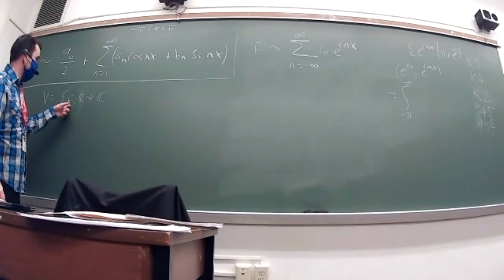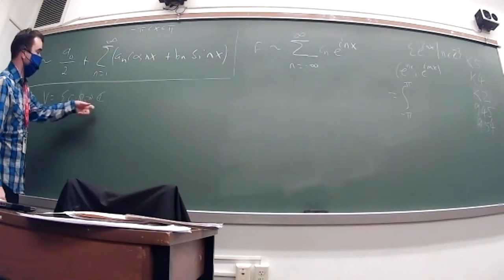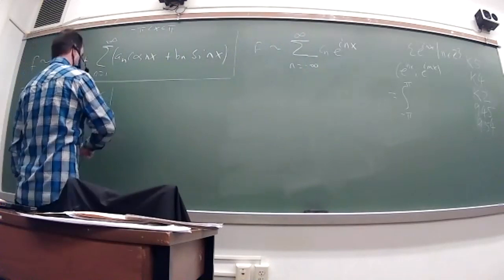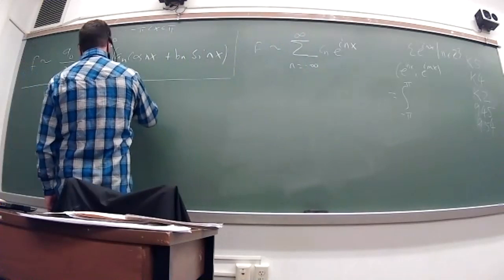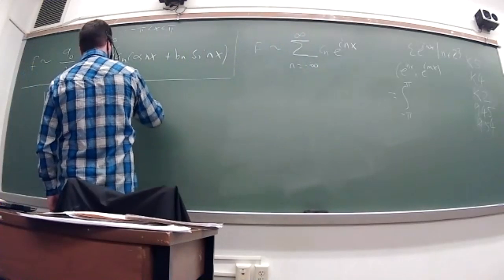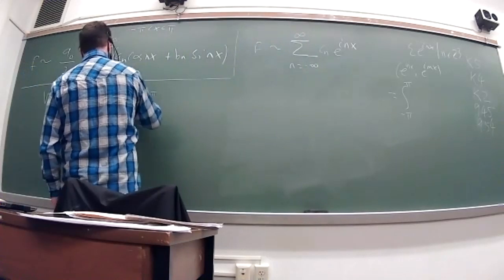So functions whose input is a real number and whose output is a complex number, and such that f is 2 pi periodic,